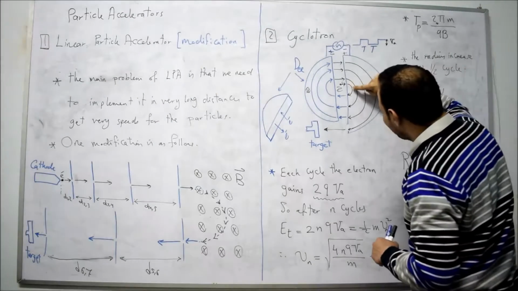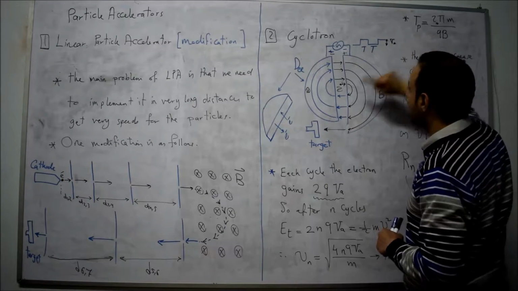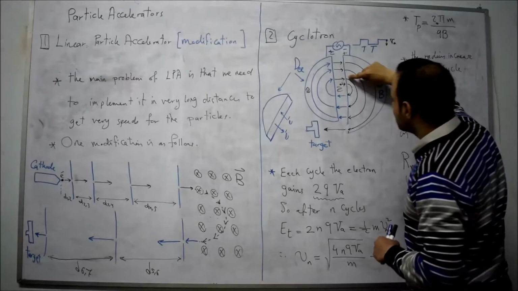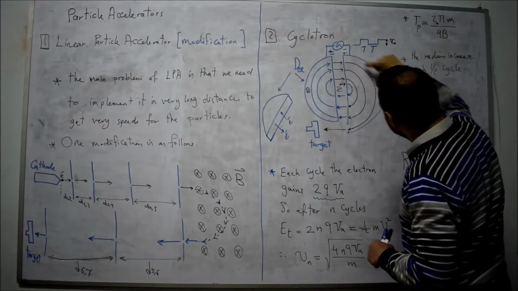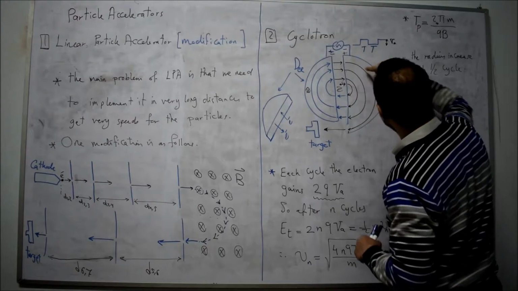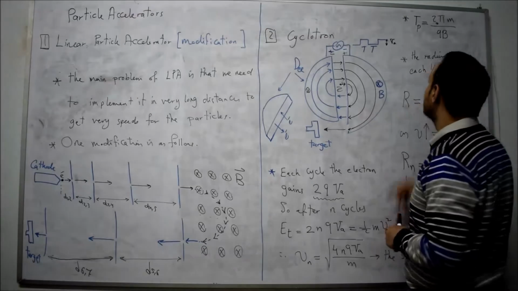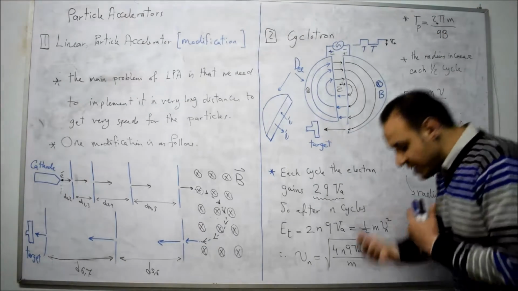So this time is half this time, TB over 2. This time taken from this point to this point is also TB over 2. This time taken from this point to this point is also TB over 2. This time taken from this point to this point, which is the largest distance traveled by the electron, is also TB over 2. We can say in other words,